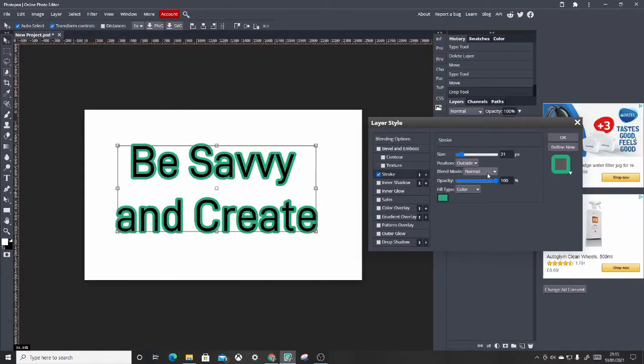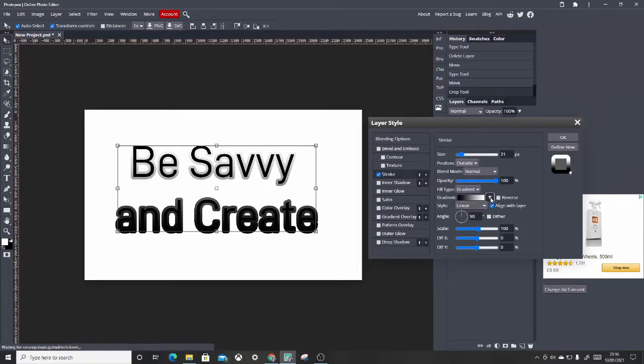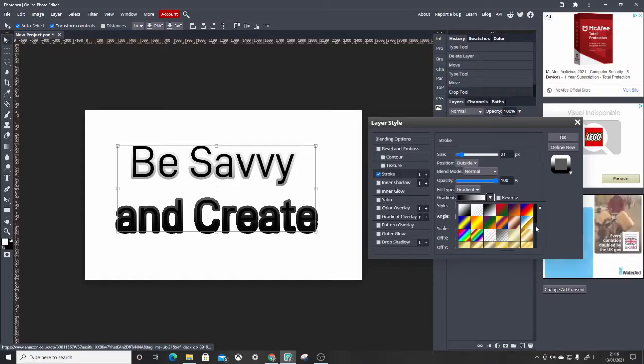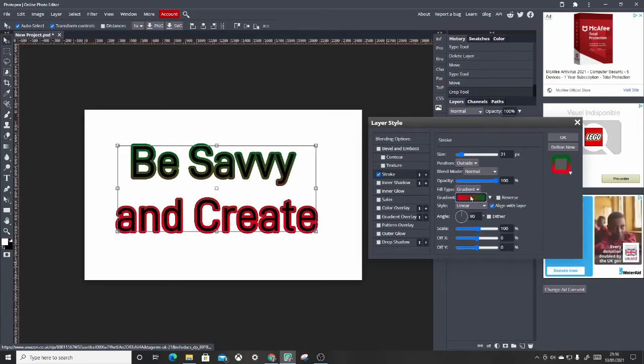There we go. There's different blend modes you can use. Dissolve, darken, not many of them are making much difference, but you can have a little play around there. And we'll have a look at the gradient here. You can click on here and there's all different sets of gradients that you can choose. Let's say we'll click on the rainbow and then click on here,